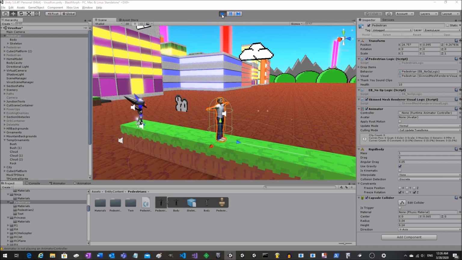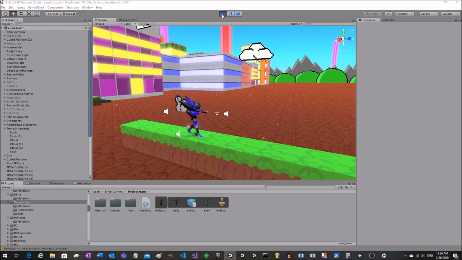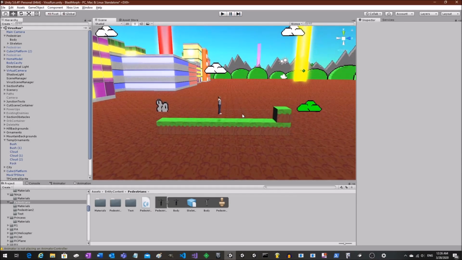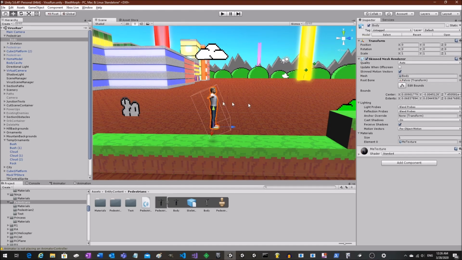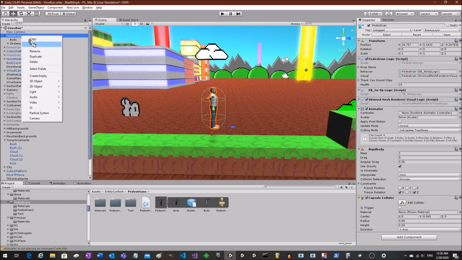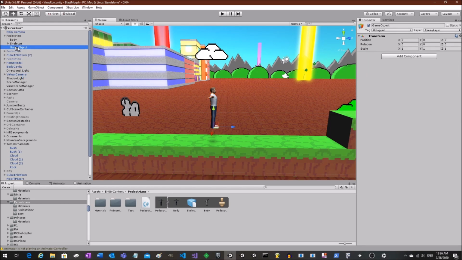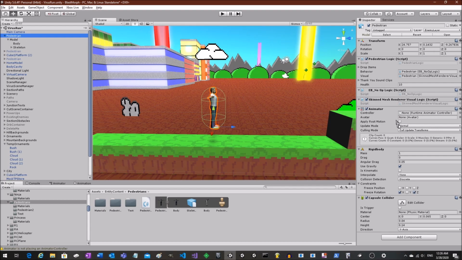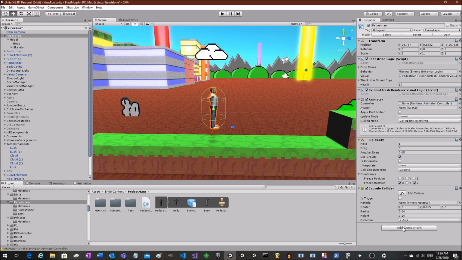If I shoot him, he'll actually flash, and then eventually just die. Okay, that's great. But let's give him some better behavior. Make him move around a bit more. First thing I want to do is actually adjust this. I want to encapsulate the visual stuff inside of another model layer. Okay, now instead of this no-op stuff, I want to create